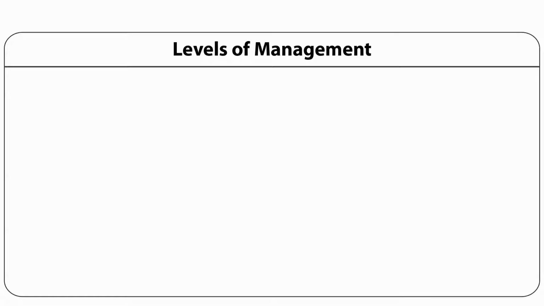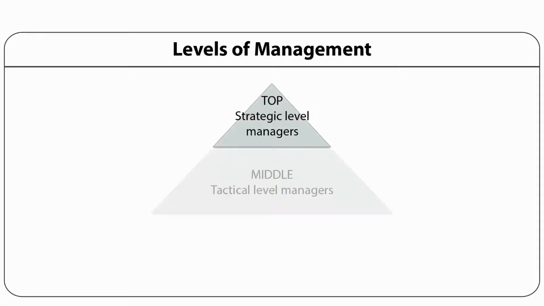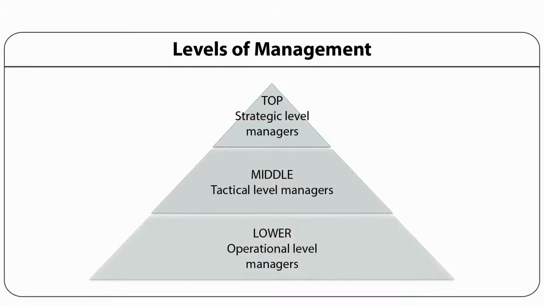Levels of management. Before we actually know about management information systems, let's first take a look at levels of management. The three levels of management, namely the top, the middle, and the lower level, require information all the time for performing various activities. The MIS, therefore, must produce information for managers on all the three levels.